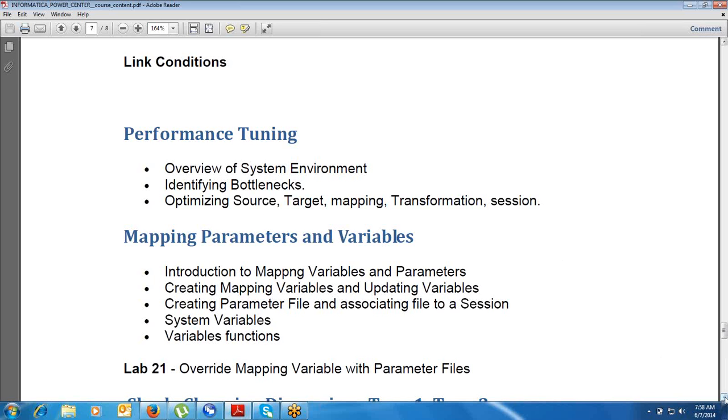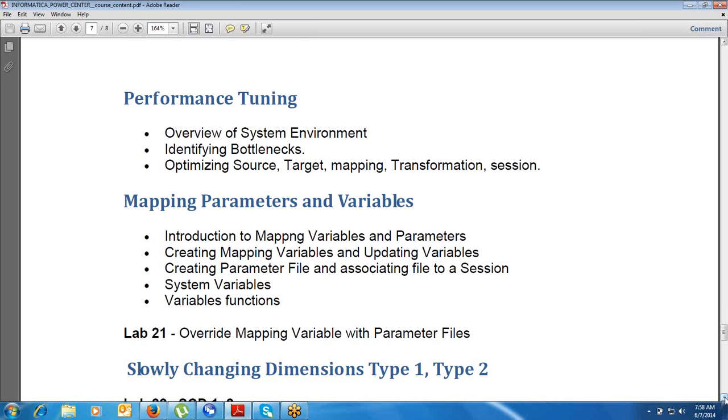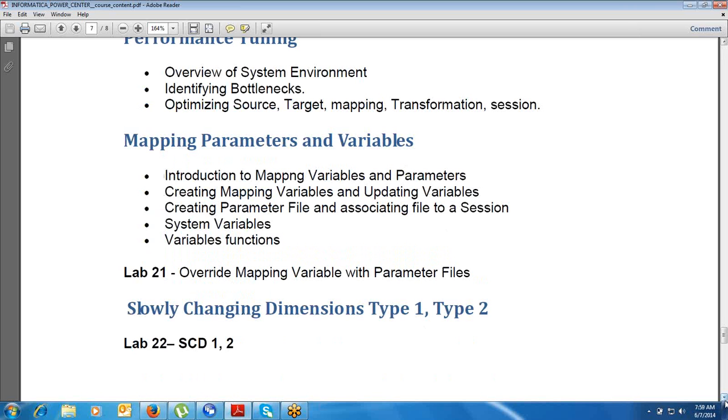And moving ahead, we have parameters and variables. We will learn how to use them. Suppose the source file is sending 10 days of data, but I want to extract only today's data. So why should I extract the remaining 9 days? I can use parameters and variables where I mention my date as today's date only, and once the loading is done for today's date, the value is automatically incremented by one.